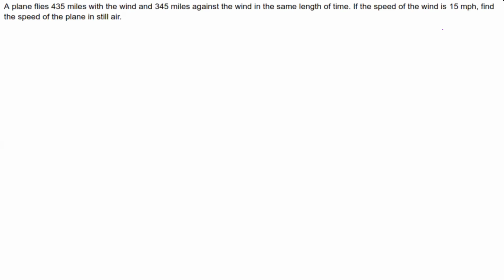All right, so here we have a plane that flies 435 miles with the wind and 345 miles against the wind in the same length of time. Now, if the speed of the wind is 15 miles per hour, find the speed of the plane in still air. Still air. So, okay, so what we have is we're going to do like we did before